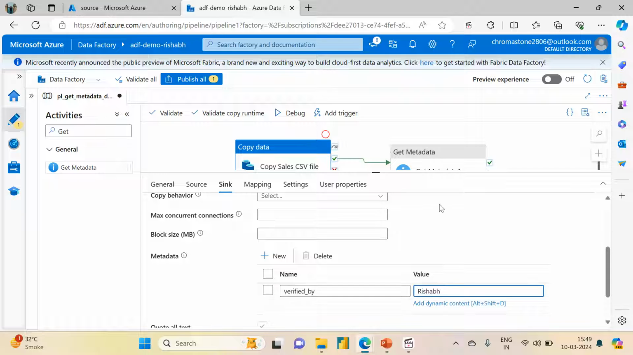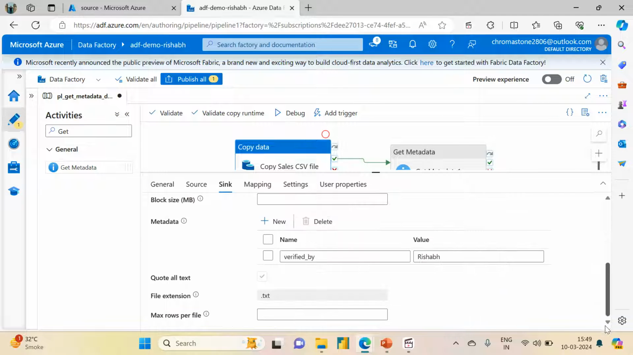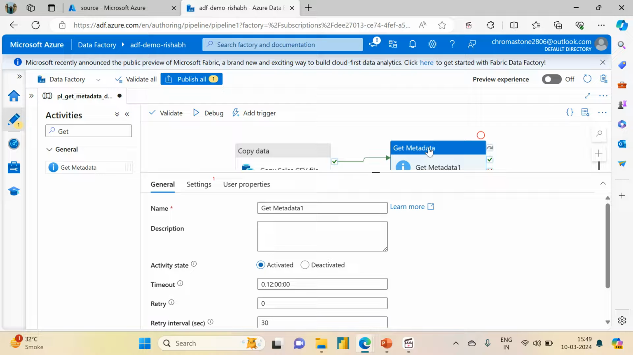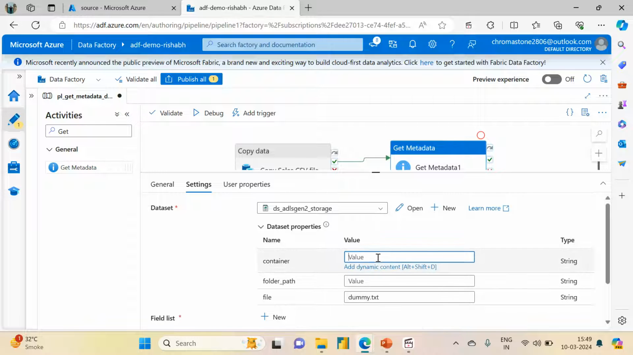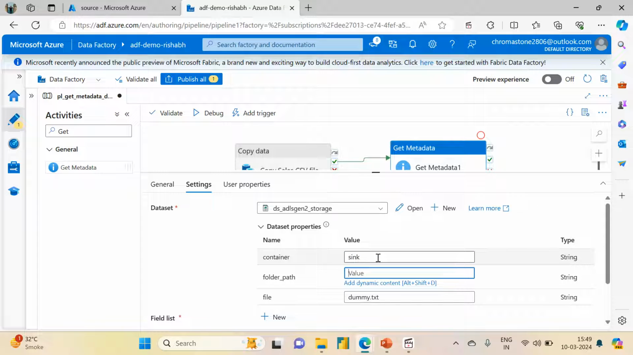So I'm going to say verified by me. Now this is going to be a custom field when you copy the file from source to sink in the metadata section. We will see how that is going to look like. So now let me go into get metadata. Here I'm going to select again the same data set. Since we are going to use the data from the sink, I'm going to say sink. I'm going to give the path variable output